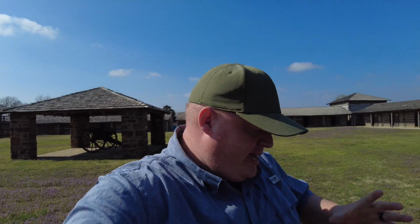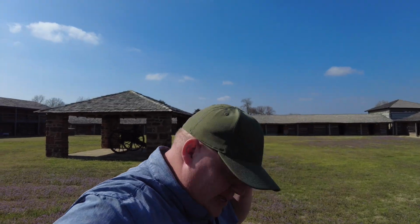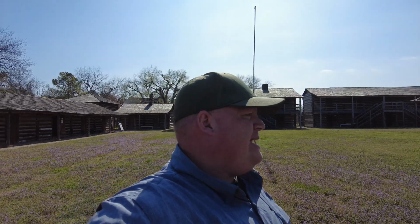So Fort Gibson is constructed, and I thought that was a snake. Holy shit. So Fort Gibson was constructed here in around